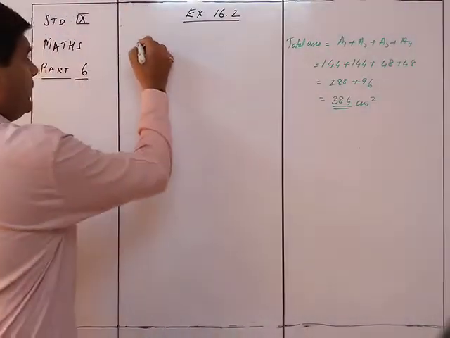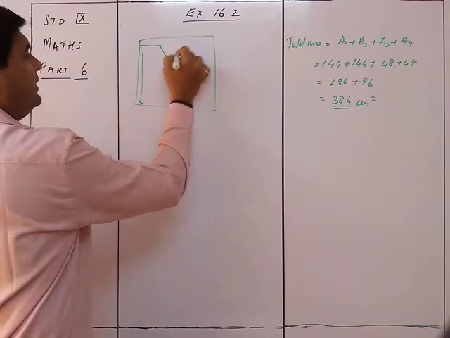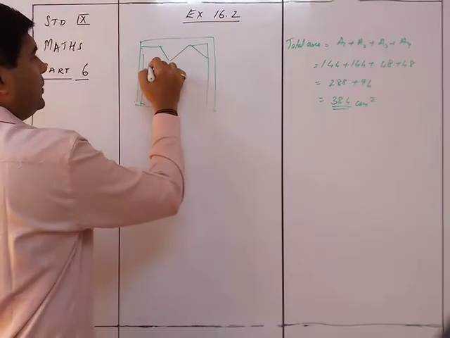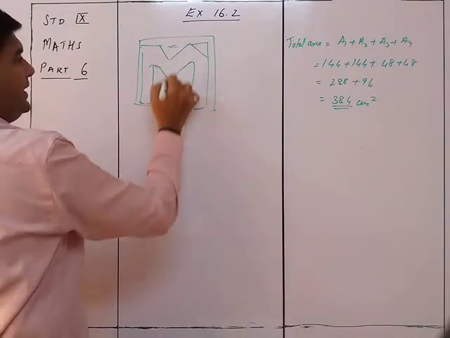So it was an M over here. So it is like this. A square block is there, and inside it this M is made. So M is made over here in this kit, and you want to find out the area that is remaining. So you want to find out this area, this area and this area.